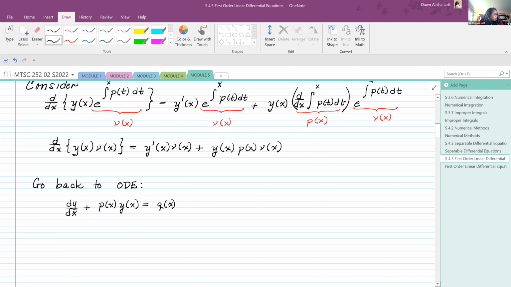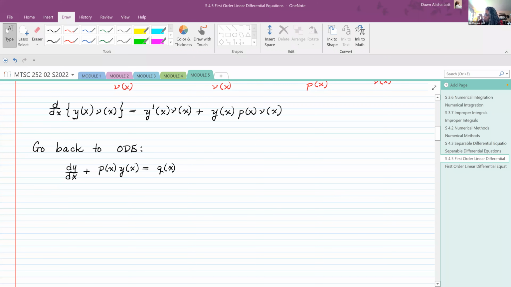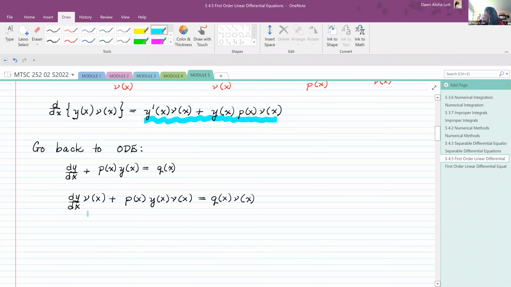And we want to multiply this whole thing by v of x. So if we multiply this whole thing by v of x, we get dy/dx times v of x plus p of x, y of x times v of x is equal to q of x times v of x. But I just showed that this left side